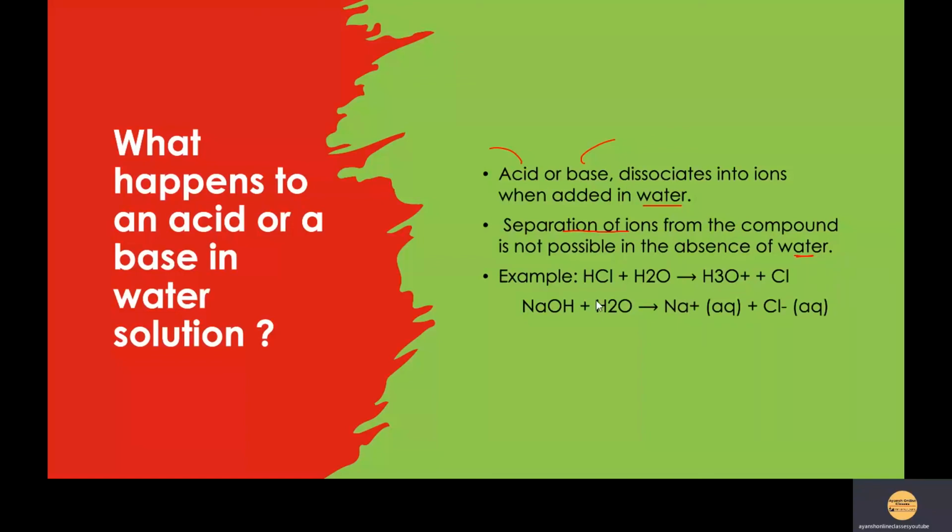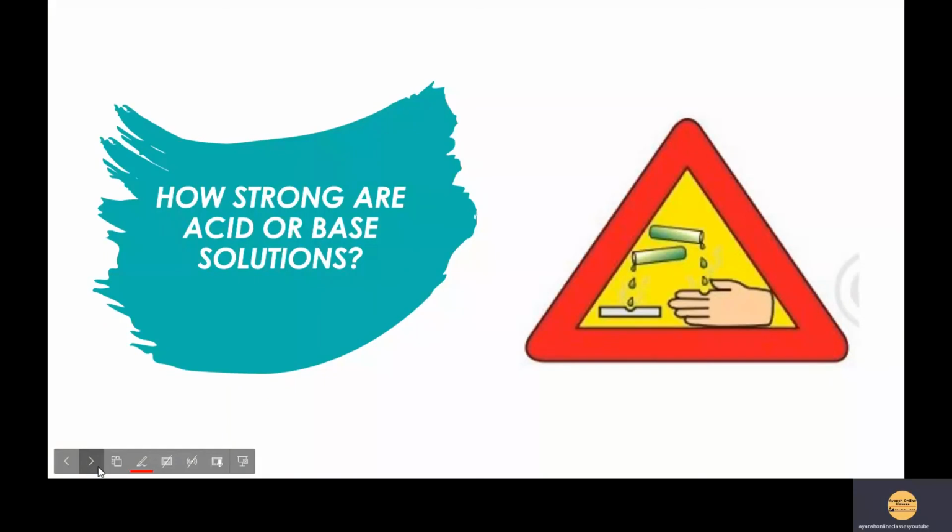So for example, you see HCl, when it is mixed in water, what is it giving? H3O plus ions plus Cl minus. And NaOH, which is a base, when it is mixed into water, it will be giving Na plus, which is aqueous, plus OH minus ions, which is again aqueous. So what is happening over here? The ions are getting separated from the compounds, and that's why they are providing the base for the reaction. Now this was the content that in today's session we have seen regarding the reactions of acids and bases with the various reactants.